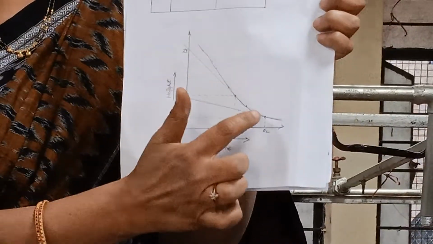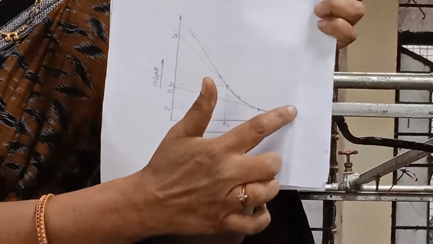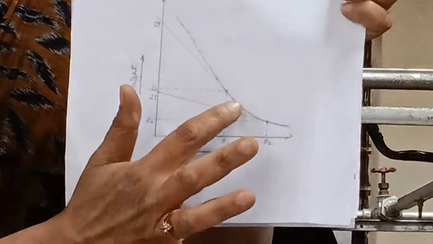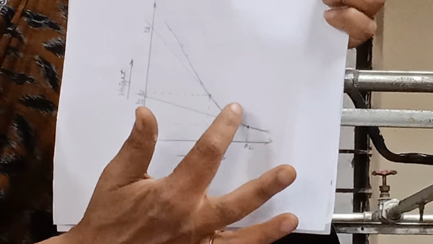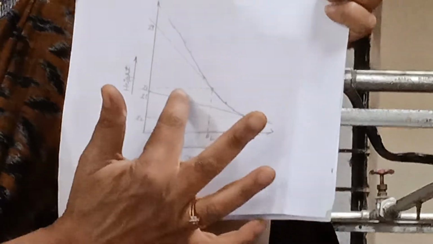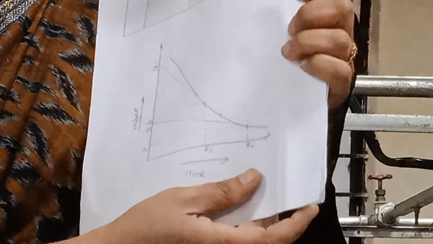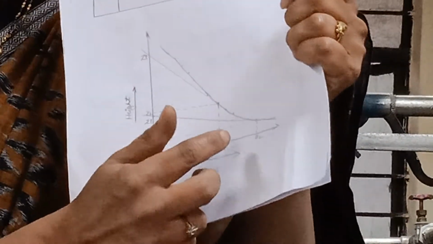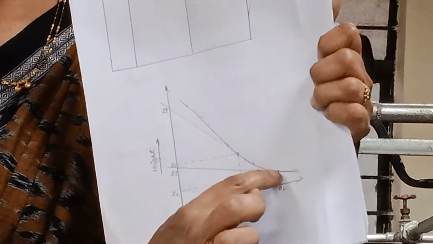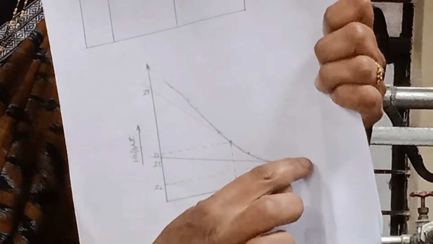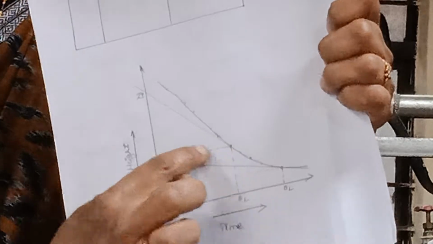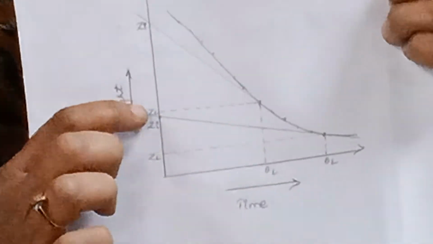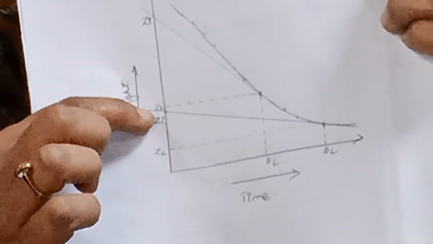So the various values will get a curve like this. So randomly you have to select any point on the curve. So selecting any point on the curve, you have to draw a tangent. So I think you must be knowing how to draw the tangent. So if you select this point, you have to draw the tangent such a way that it should touch the y-axis. So wherever it touches the y-axis, that will be your Zi value.